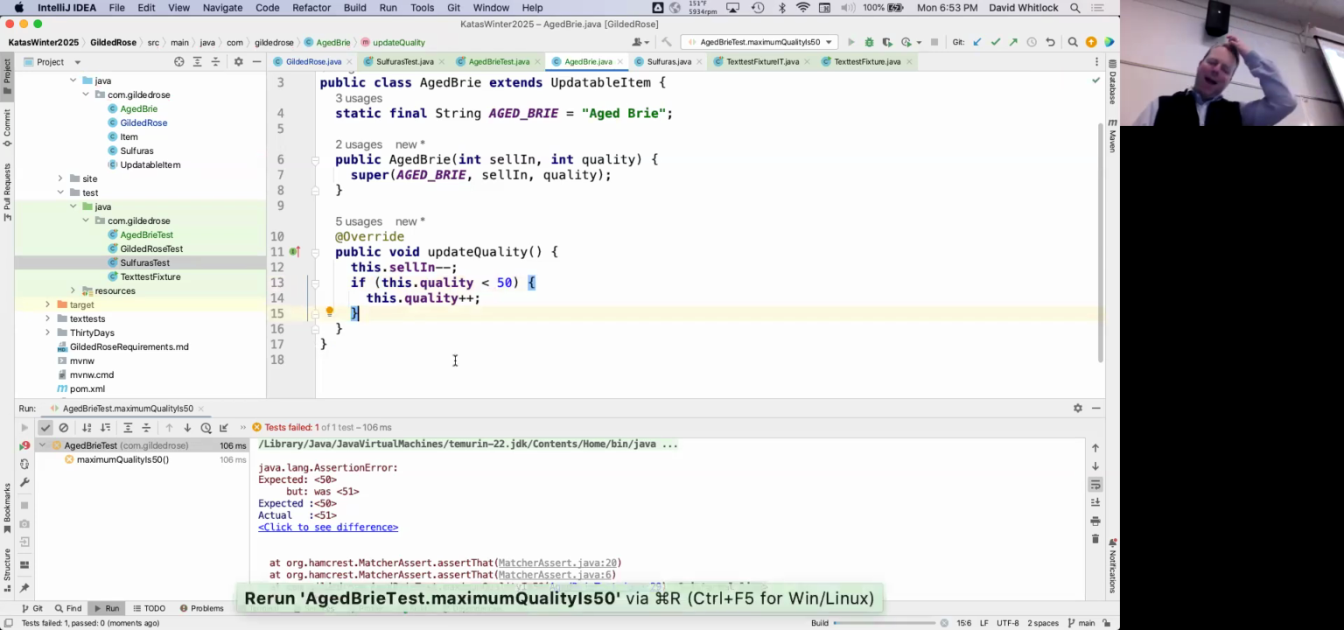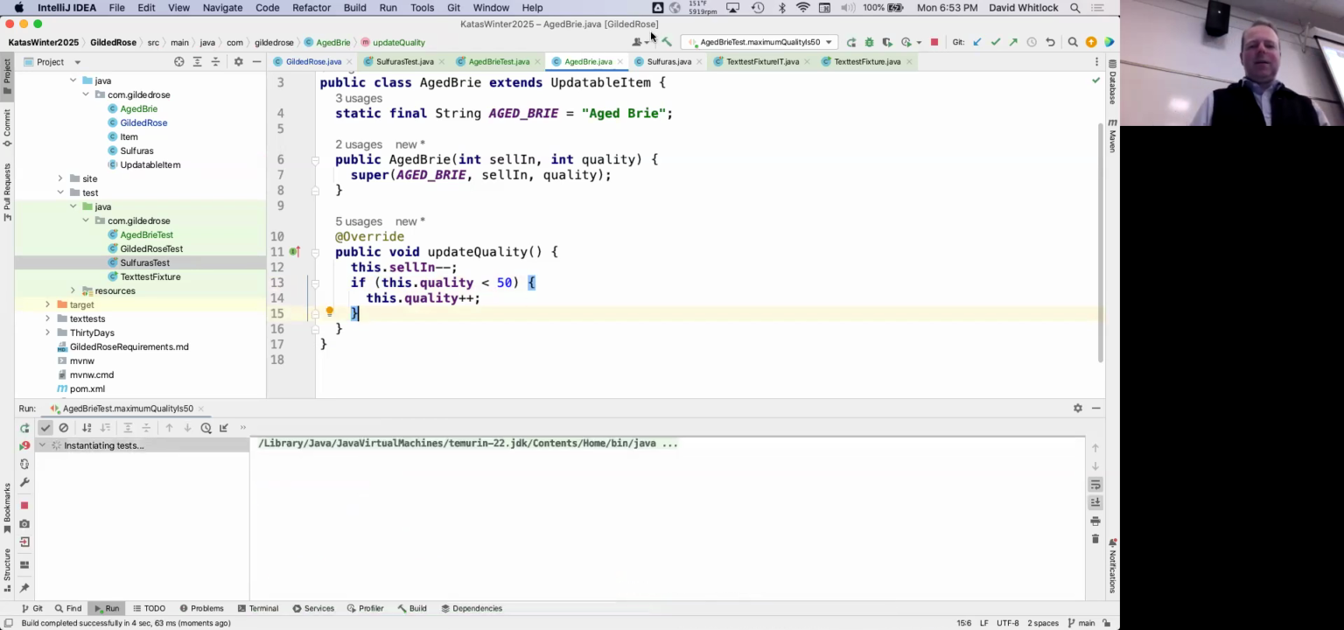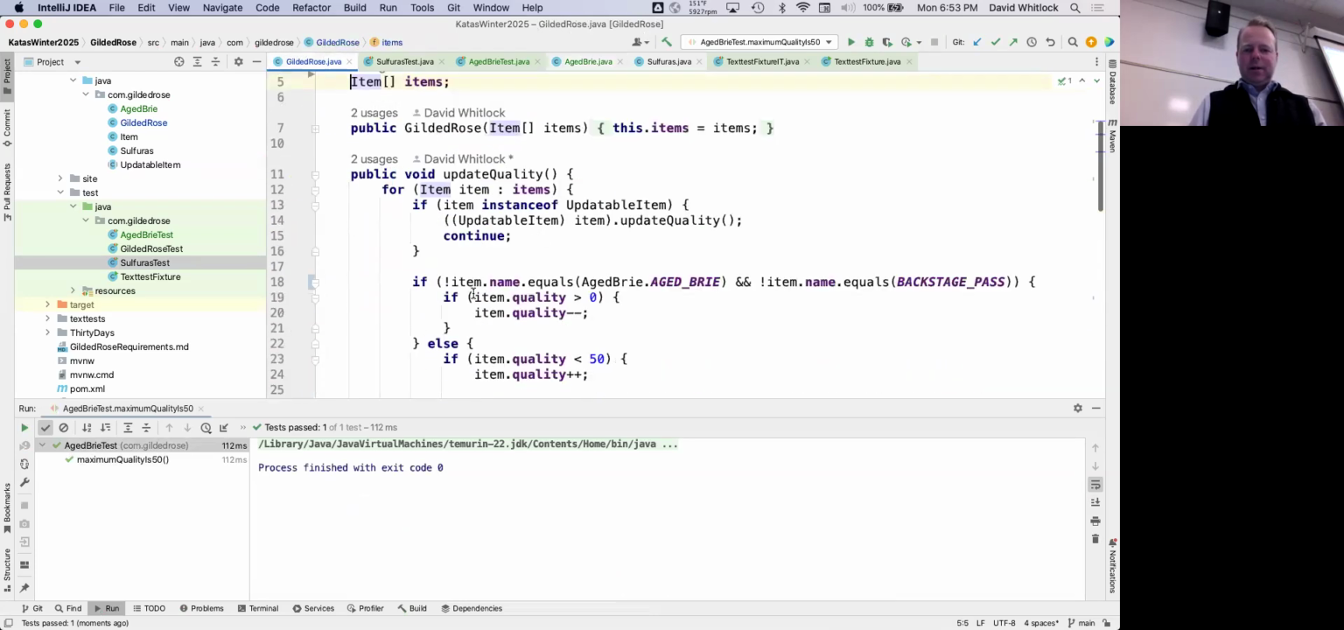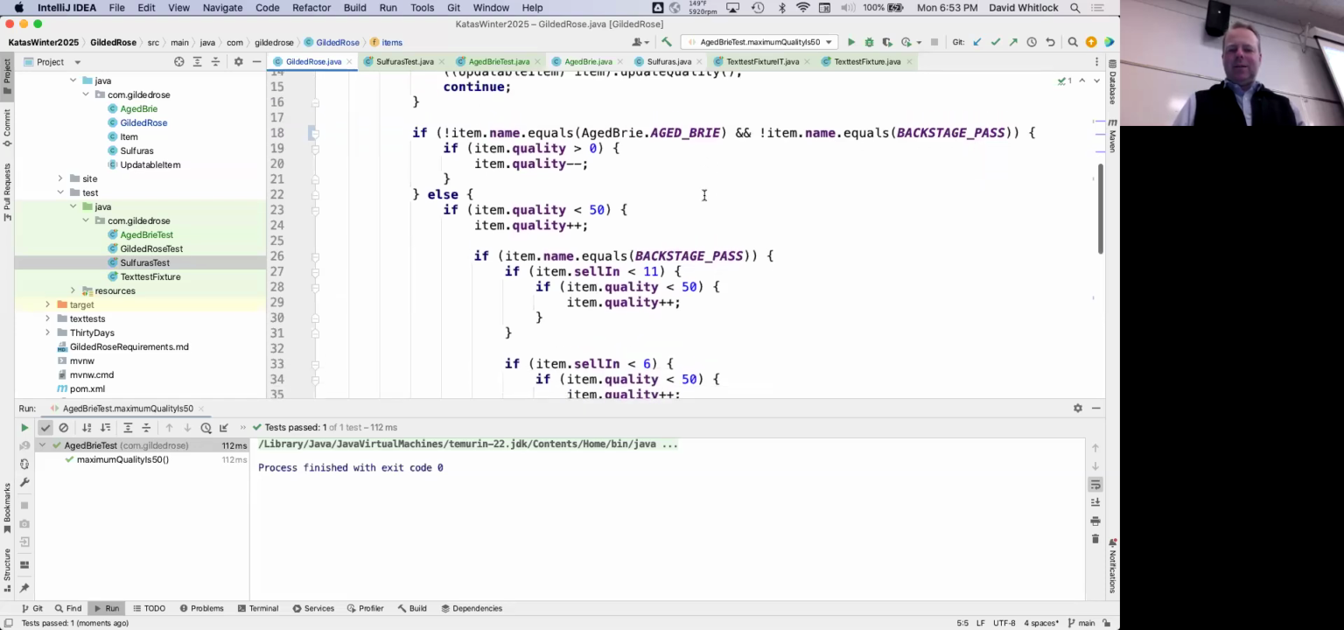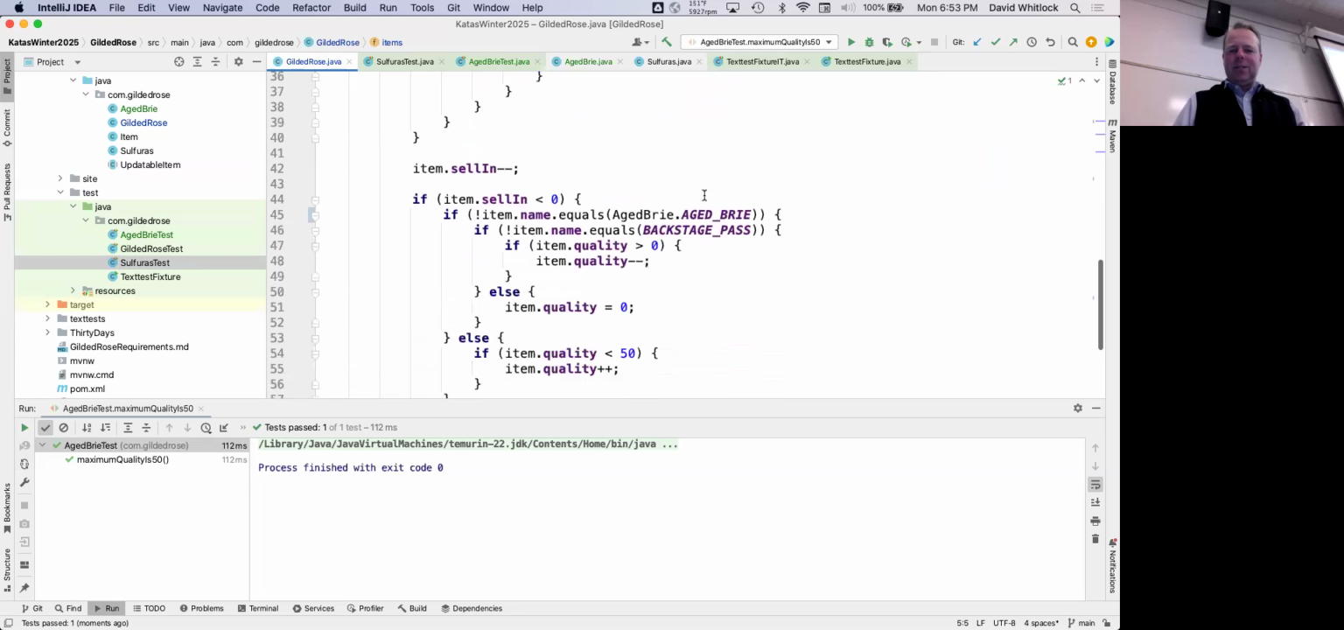Now notice I'm not really going back and consulting with the ugly code in the Gilded Rose. That seemed to work. Maybe I could though, because that's the thing that's so confusing about this, right? There's no locality to this. So like aged Brie,